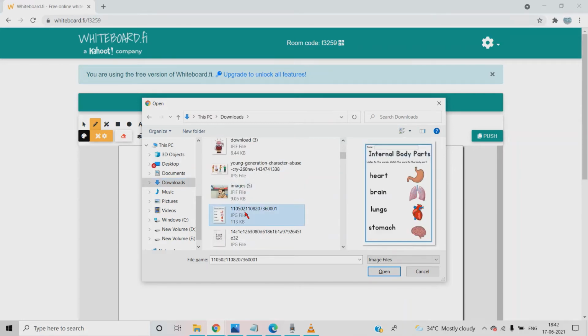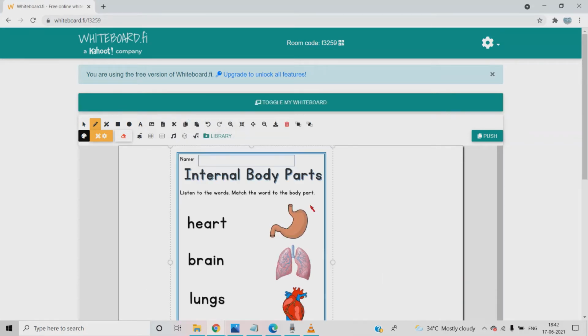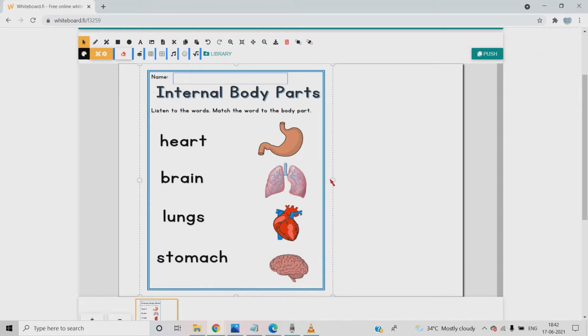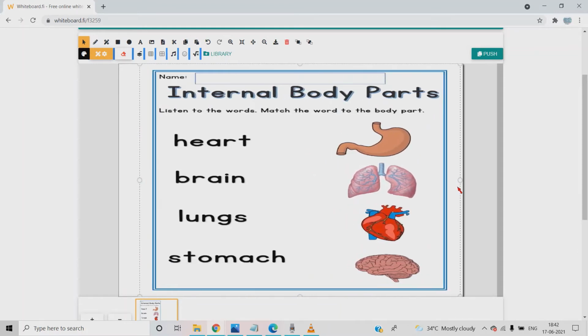Okay, I'm going to insert this picture, so children will be matching. The size is not that big, right? If you want to change the size, you have to click on the cursor here, this arrow mark. Then you can change the size. Like this you can adjust the size however you want.